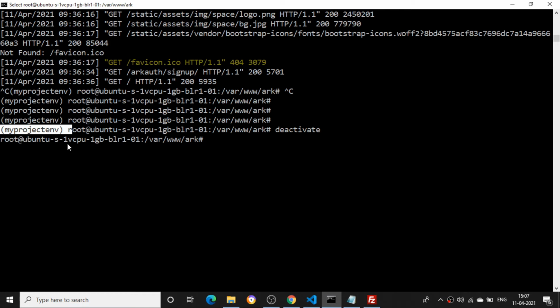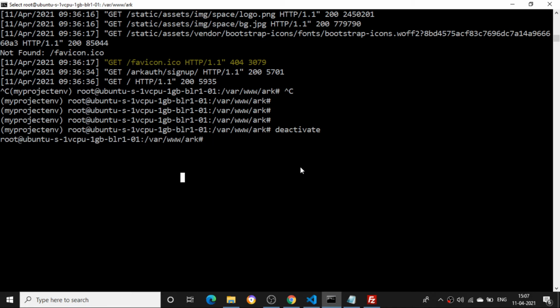So my project env will come out of the my project environment. Then what I need to do here is activate it inside my Apache. So I have run inside the particular IP address at the port number. Now I need to use the Apache server to run the particular project. So I need to configure the Apache settings now.